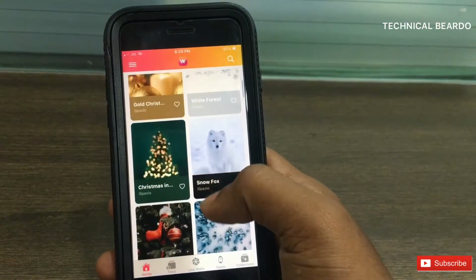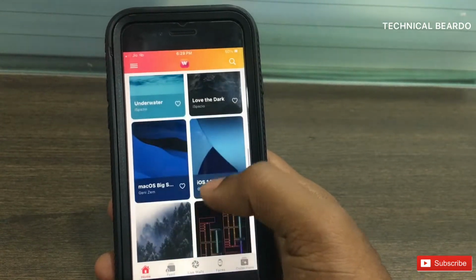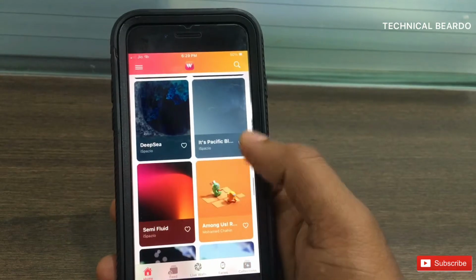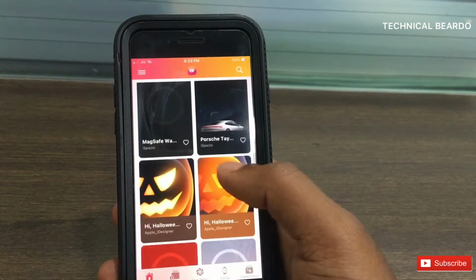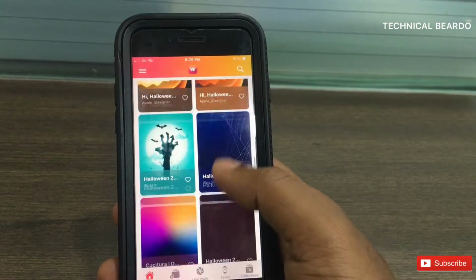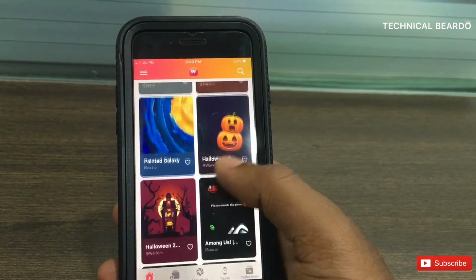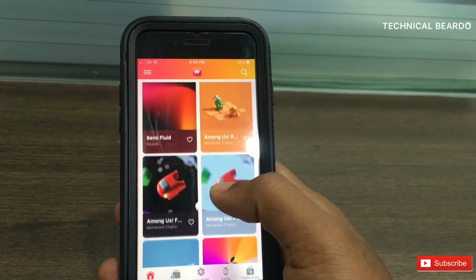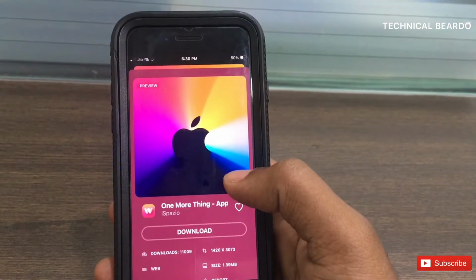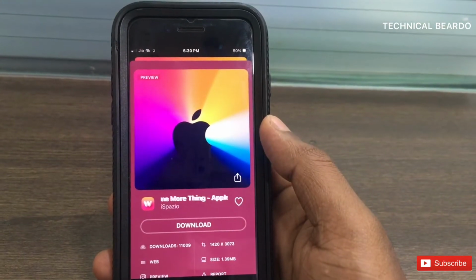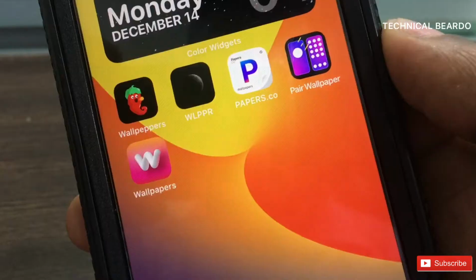They have a pro or premium version, but the wallpapers which you see on screen are really good. Premium quality wallpapers for completely free, not like any other application which keeps good quality wallpapers for the paid version and the bad ones for free. And the best thing is that the wallpapers they add are all based on current trends or current events. For example, your Apple event or games like Imposter or the Halloween event. Based on current events, they upload wallpapers which are really good. I hope you also like this application as I like it very much.